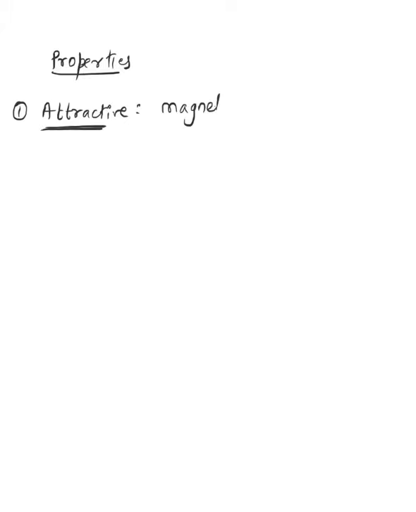Okay, now let's continue. Now there are properties. Let's discuss the properties of a magnet. These are again very simple properties of magnets. The first property of a magnet is that they have an attractive property. When we say attractive property, it doesn't mean they attract everything. They attract magnetic material. And what is a magnetic material? Any material which is attracted to a magnet is basically called a magnetic material.